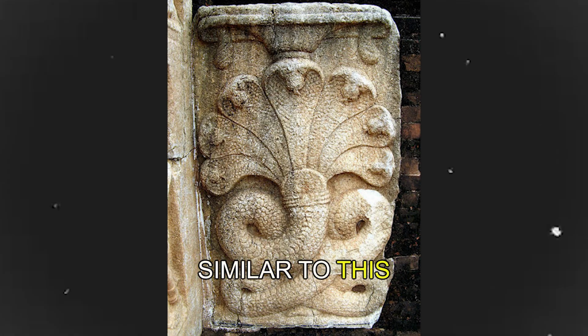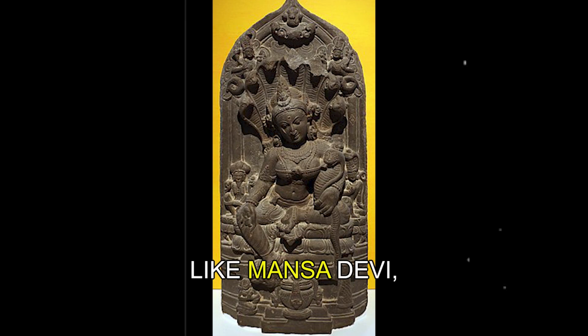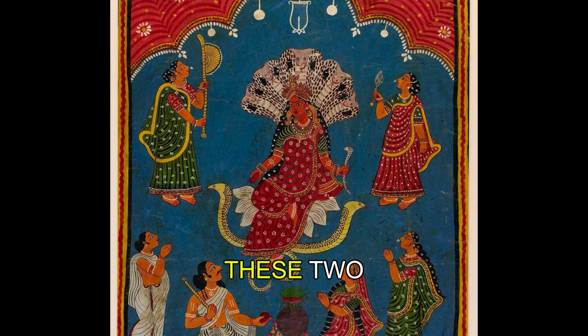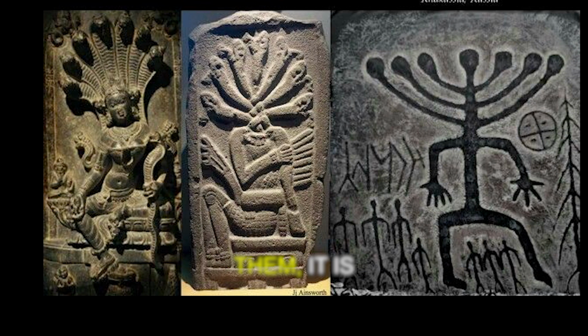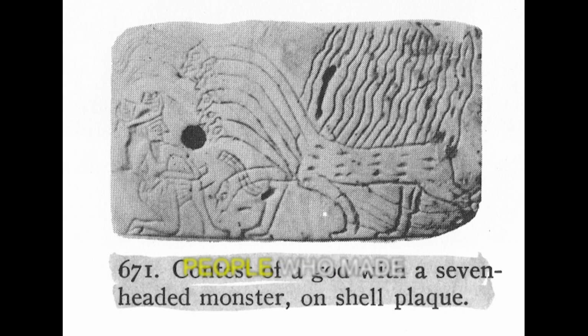And no one knows whether this is absolutely correct. But many figures similar to this petroglyph are definitely found all over the world. Like Mansa Devi, worshipped in Hinduism, who is shown with a 7-headed cobra on her head. These 2 artworks are not completely the same. But looking at them, it is definitely understood that the basic concept in the minds of the people who made